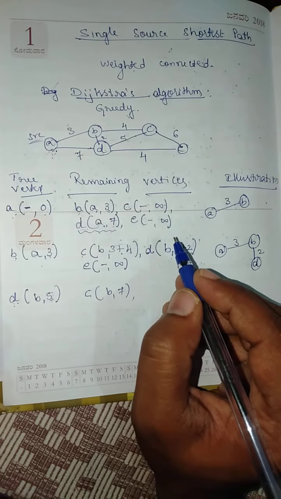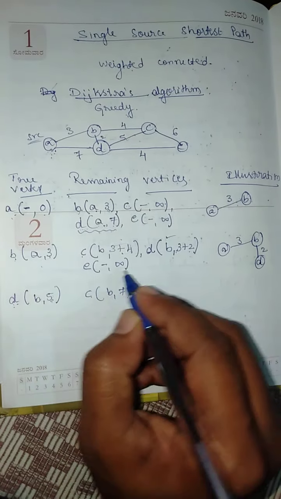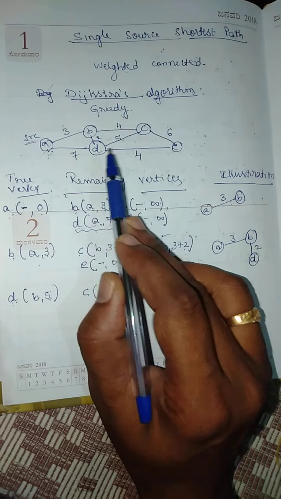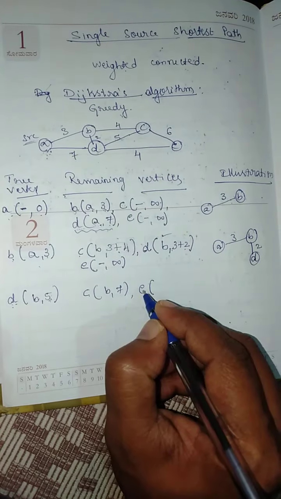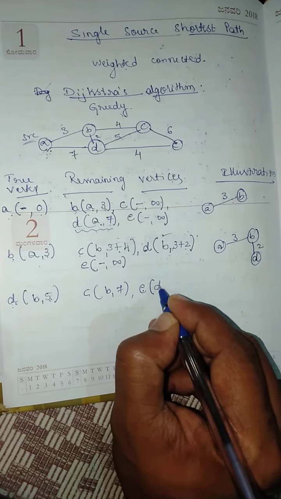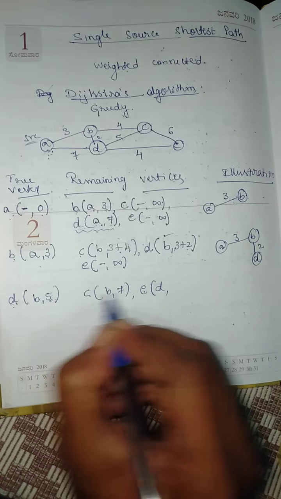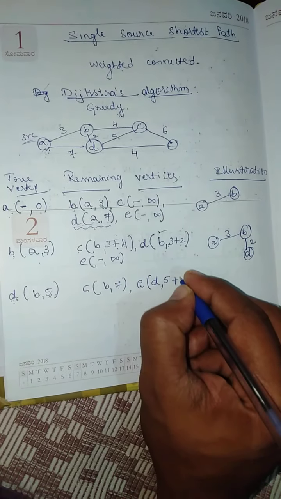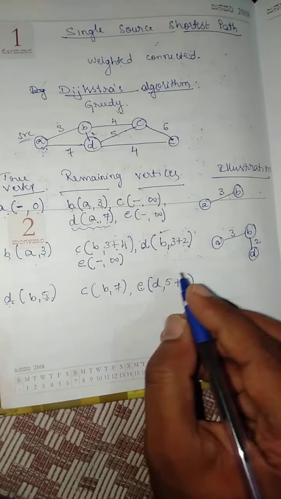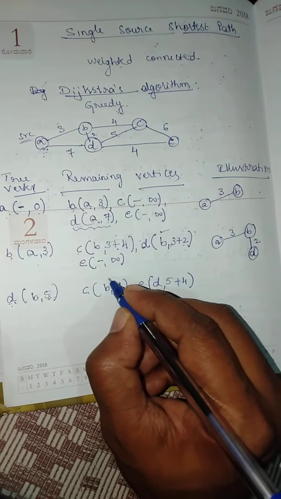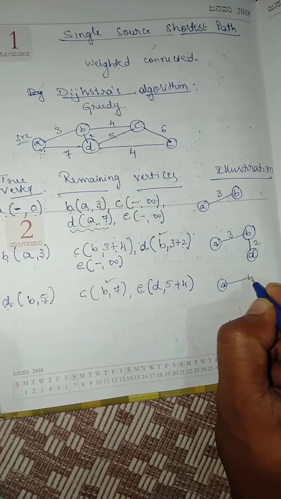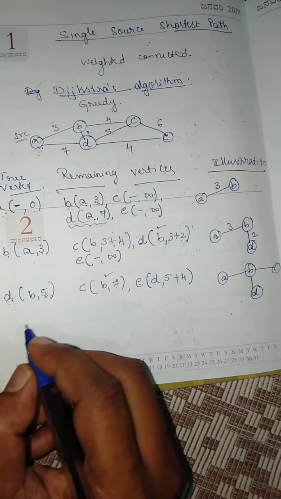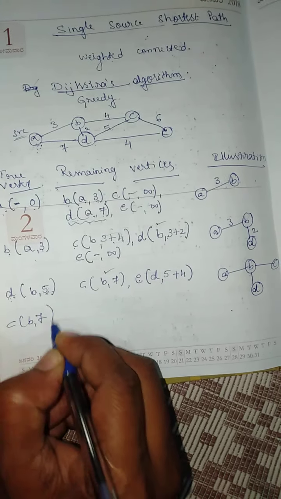Next, yeah, so this is what we consider. Next is E. E has an edge from D. So from the source, E can be reached through D with a cost of the cost required to reach D plus D to E, that is 4, so 9. Okay, right. So which is the shorter value? It is 9. Therefore include that. Done. So C, B, comma 7.